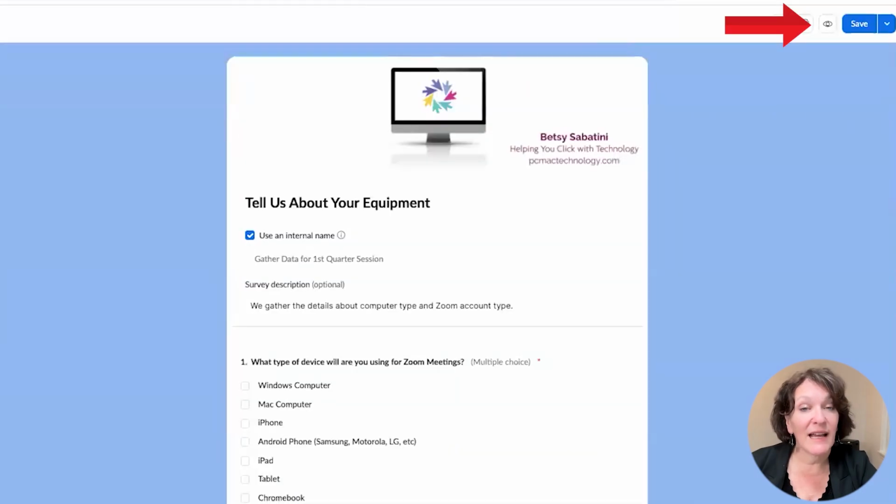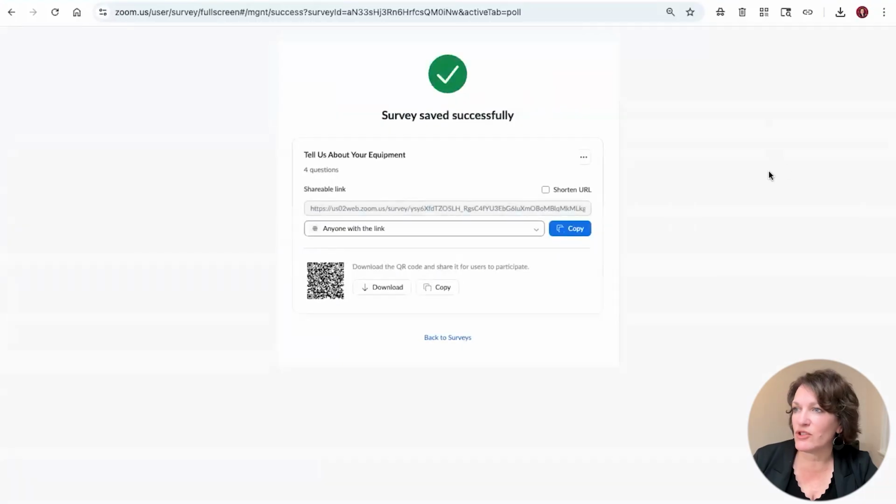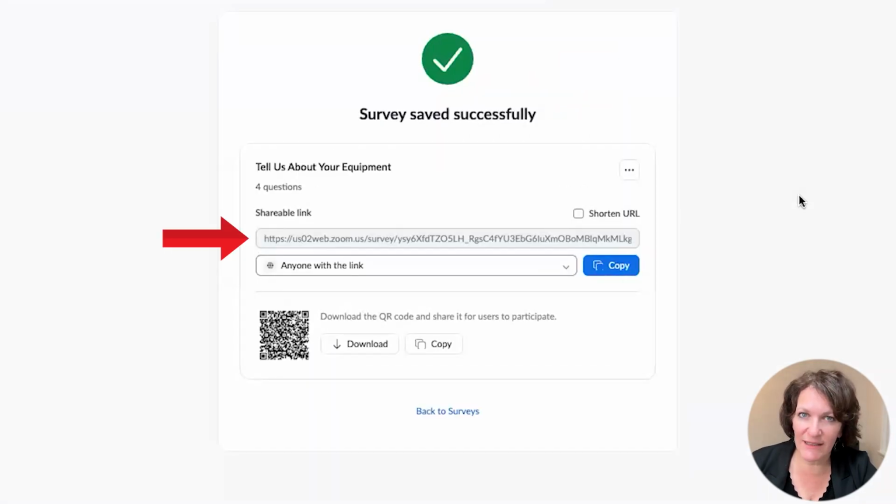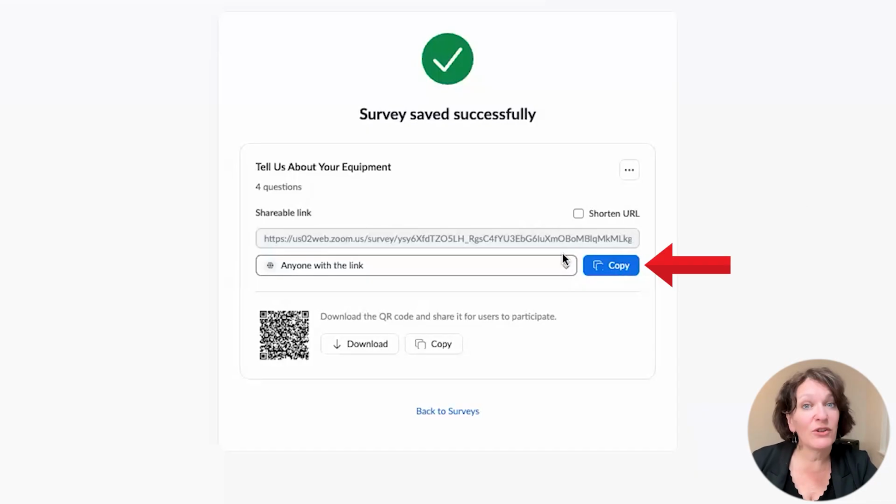So now finally, in the upper right corner, you're going to click save. And that's going to save your changes. It displays for you the share link, extremely important. There it is. And all you have to do is copy this link and place it in your email